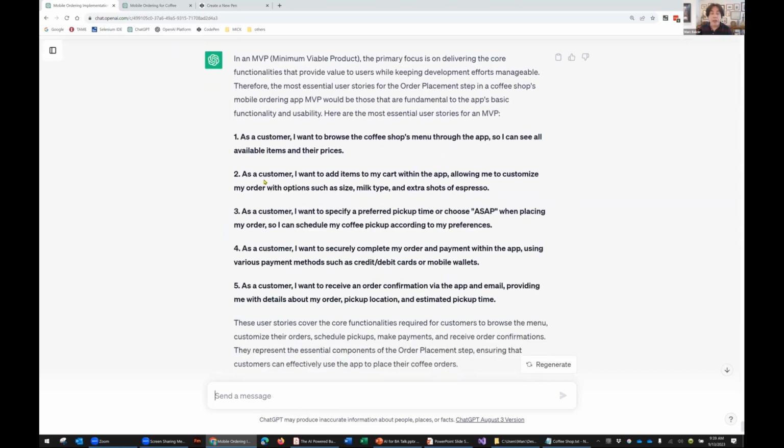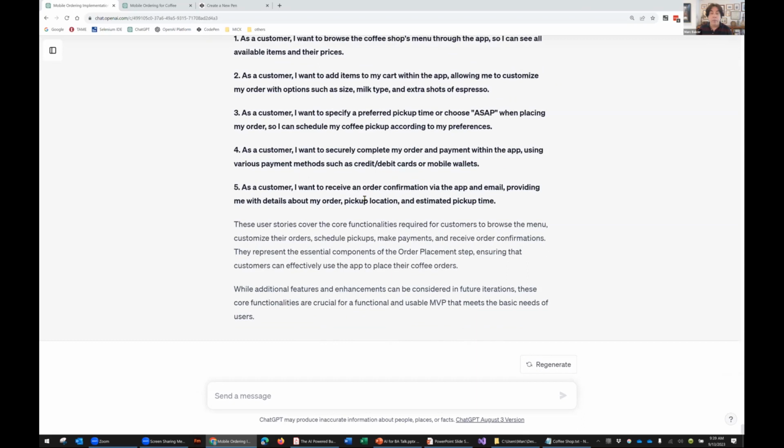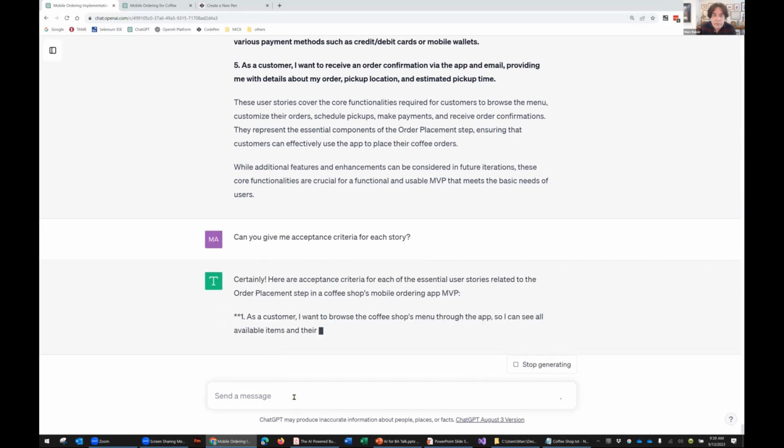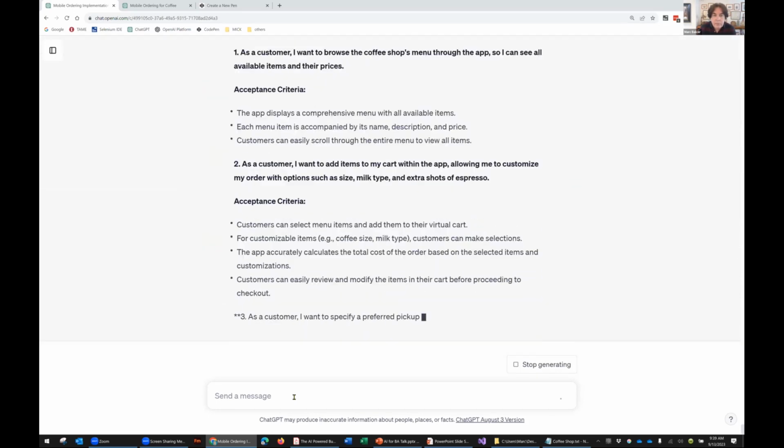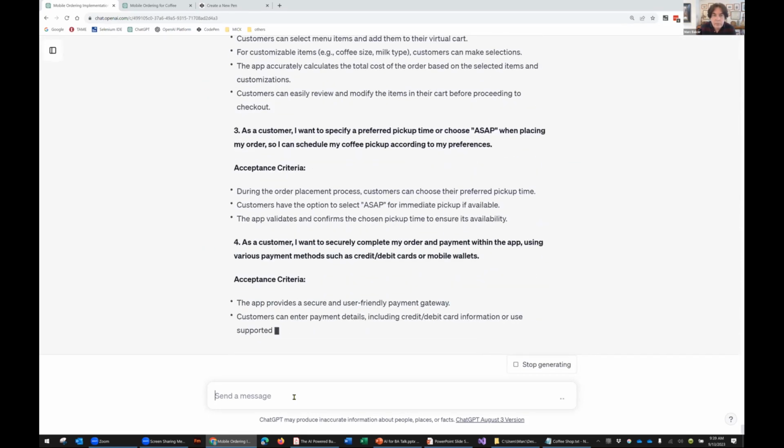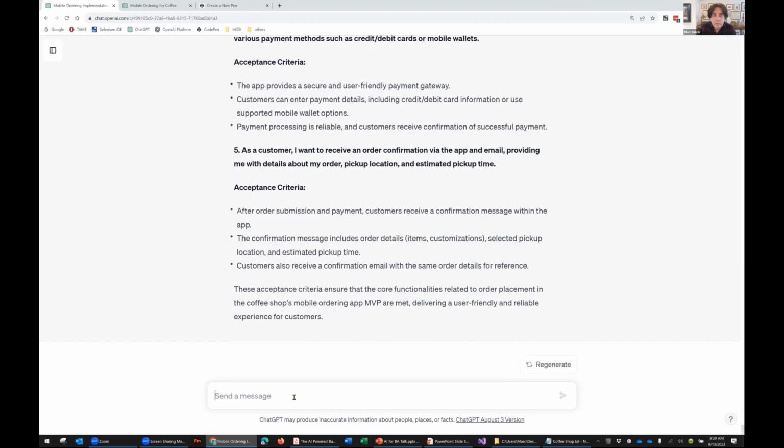Now I'd like to be able to write acceptance criteria. Can you give me. Now, at the same time, someone might say, well, I'd like to see the ordering process in the form of a use case.